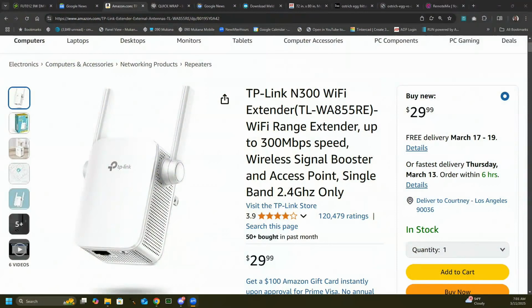Maybe I'm looking at the wrong one. He says 5 gigahertz, but this one is the TP-Link N300 Wi-Fi. This is 2.4 gigahertz, which will have a longer range because it can punch a little further at 2.4 gigahertz. It won't be quite as high a speed of throughput. But yeah, these are designed just to punch through walls in your house and not necessarily go outdoors line of sight between 2 points because they radiate